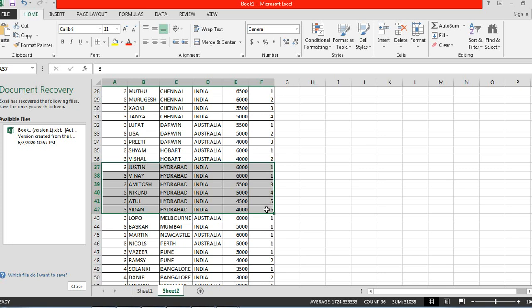Because of the rank which is assigned to these two employees, Justin and Vinay. For these two employees, the rank is assigned as only 1. In both cases, it is 1. Why? The reason is, if we group the data based on department, location and country, we can observe the salary of these two employees is exactly equal, and due to this we are assigning the rank as 1.